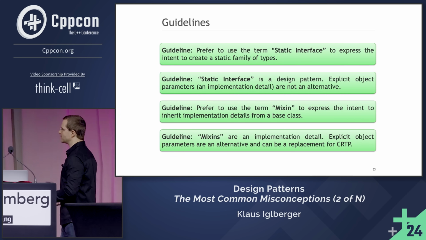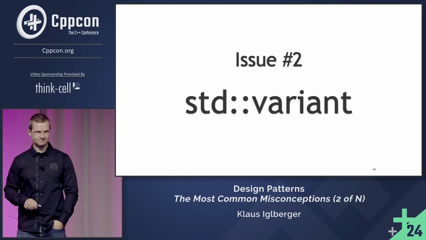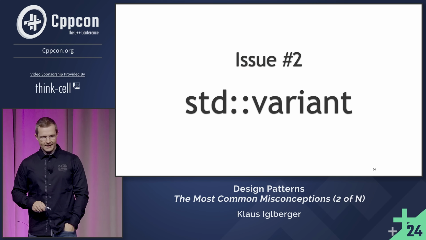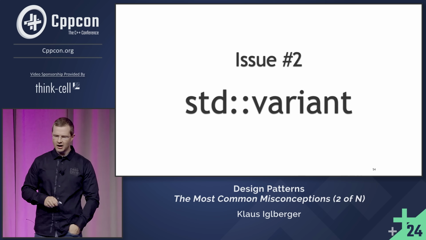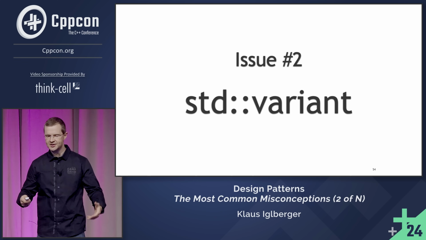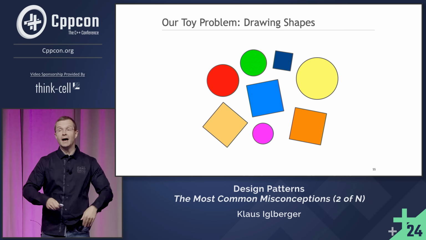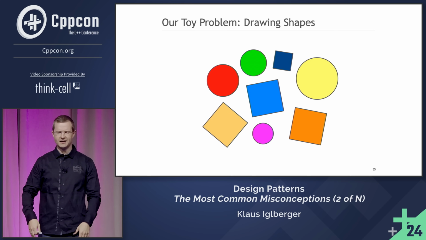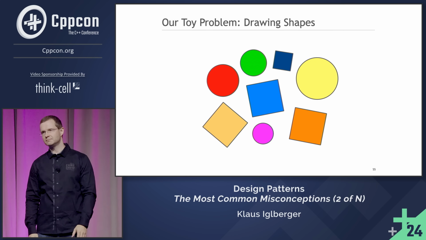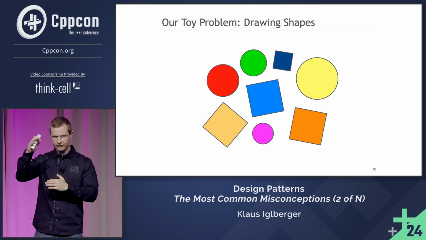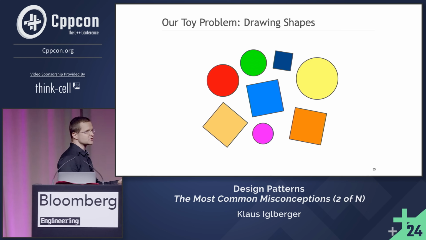Let's turn our attention to some other topic that is pretty dear to my heart, std::variant. Performance, right? Okay, but before we talk about that, perhaps a little bit of, say, a code scenario. Yeah, I'm using the same thing again that I've used so many times. And I know it's boring, it's definitely not rocket science, but it's simple. It's so simple that I can now throw a couple of, say, 200 lines of code on the slide, and you probably still have an idea what is going on.